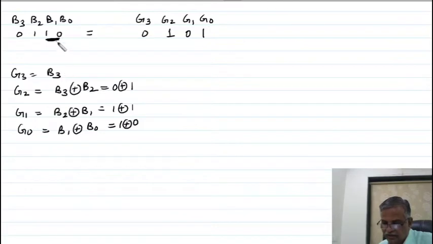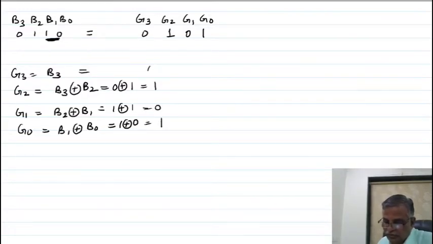Look here. Both are different levels, output 1. Both are same level, output is 0. Both are different levels, output is 1. Different level, 1.